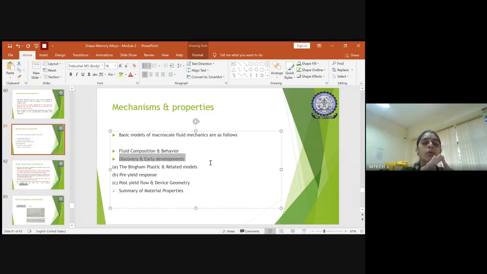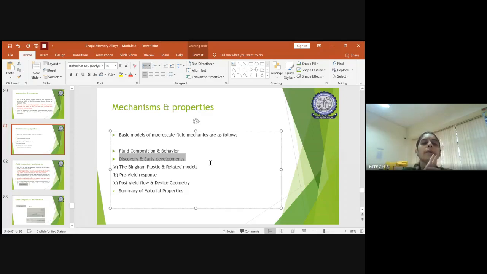And lastly, post-yield flow. Before, what was the pre-yield stress, and after the reaction and subjection of the pressure or the electrical field, what is the stress being obtained after the entire process? So that is the post-yield stress. So we are supposed to identify what is the pre-yield stress, what is the post-yield stress subjected in the fluid which is flowing, and what is the geometry of the device within which the fluid is kept and the pressure is applied or the electric field is applied.